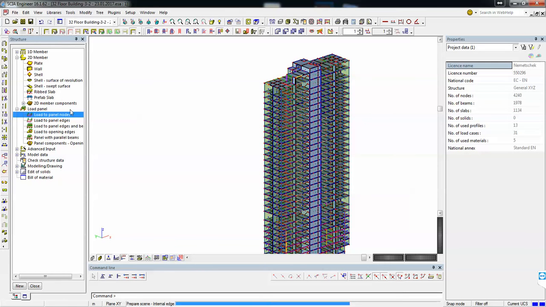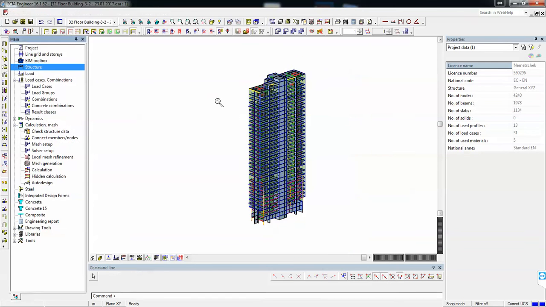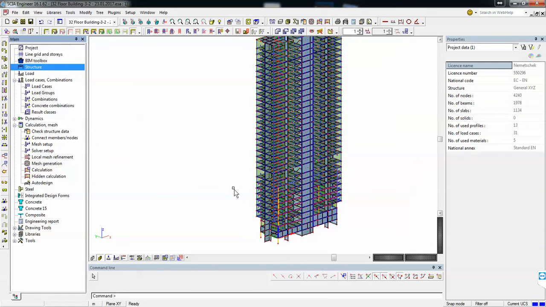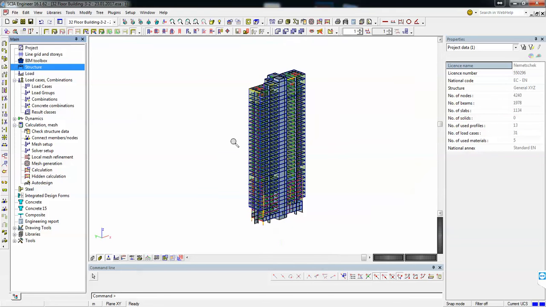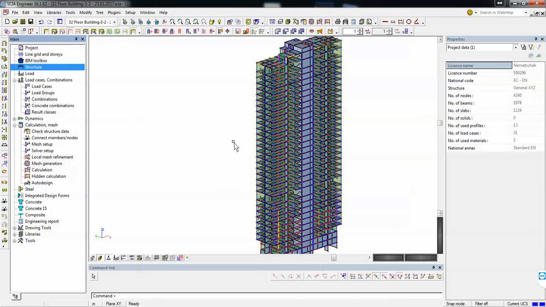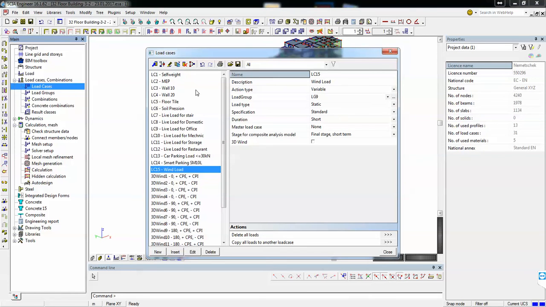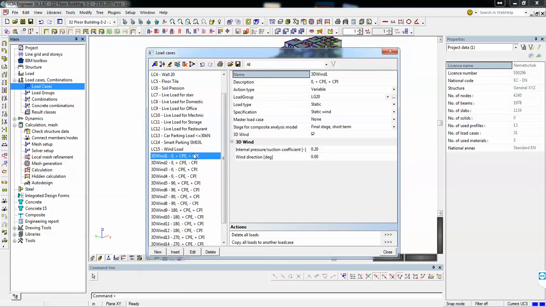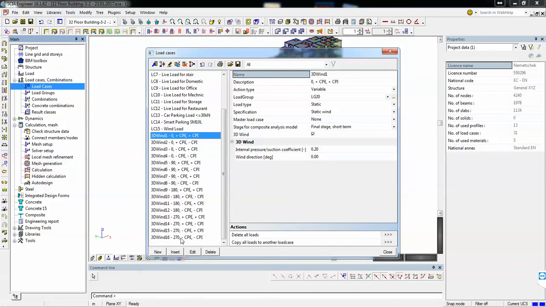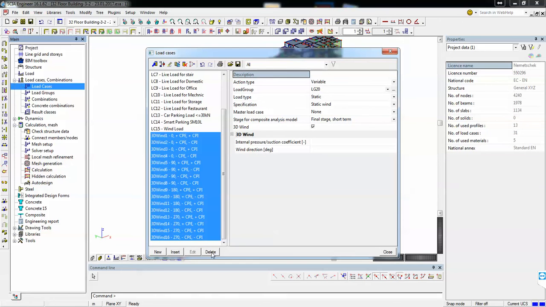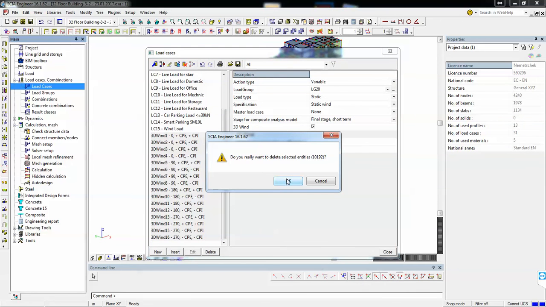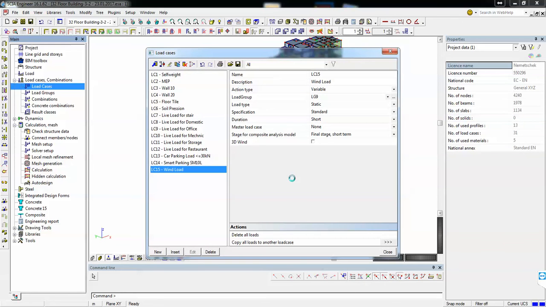In general, I will delete the old cases. I cannot rely on them, so I will generate it now.